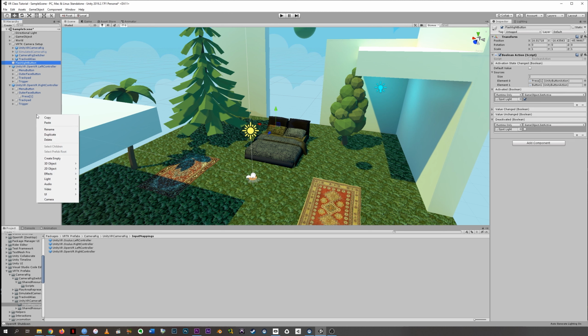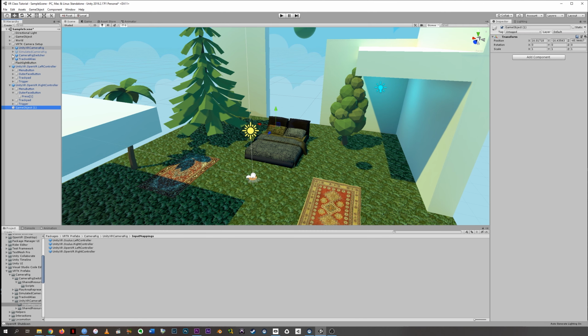Now, the first thing that I want to do as I start this is yet again some more cleanup. Every time we do a tutorial, we make a mess in our hierarchy, and I think it's useful to organize a little bit. So we're gonna create an empty game object, rename it, and I'm gonna call this VRTK setup, and I'm gonna put the camera setup inside it and twirl that closed, and then I'm gonna put our controllers maybe under something that we'll call input mappings. That's going to be childed under VRTK setup as well, and